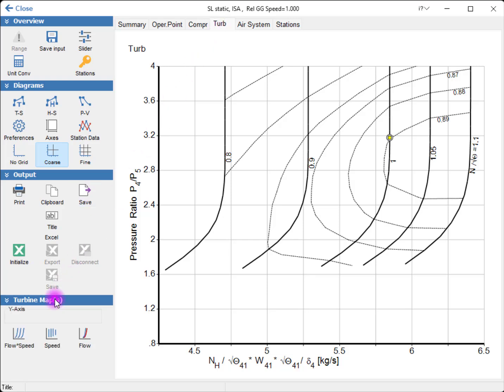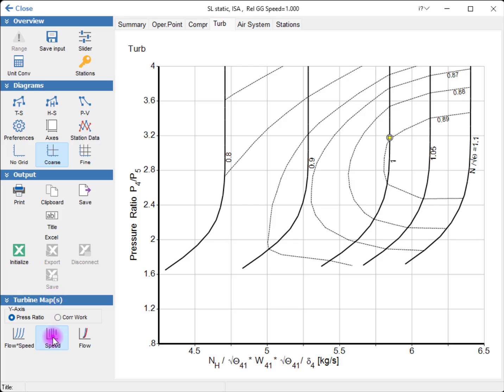The axis assignment of the turbine map can be selected. Either the pressure ratio or the corrected work can be selected for the y-axis. The x-axis may be displayed as either the product of corrected flow and corrected speed or corrected flow. In this case, the turbine pressure ratio is shown versus the product of corrected flow and corrected speed.